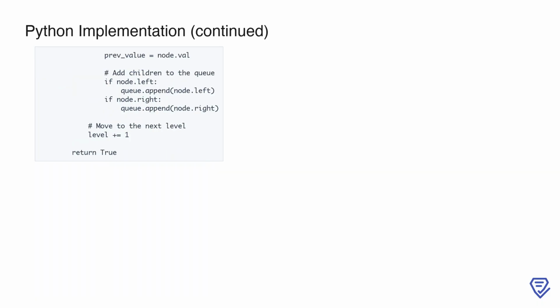The prev_value variable is then updated to the current node's value so that the next node in the level can be compared against it. After processing the current node, we check if it has left or right children. If it does, these children are added to the queue for processing in the next level. Once all nodes in the current level are processed, the level counter is incremented to move to the next level of the tree. This continues until the queue is empty, meaning all levels of the tree have been validated. If we pass through all levels without returning false, the function concludes that the tree satisfies the even-odd tree conditions and returns true. This algorithm ensures efficient level order traversal while enforcing the required constraints for both even and odd